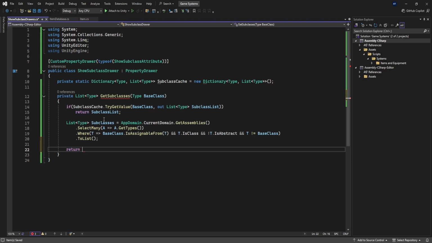And then subclasses cache base class is equal to subclasses,